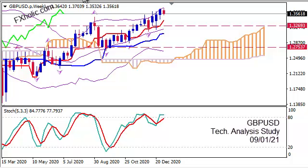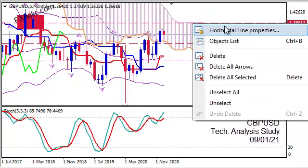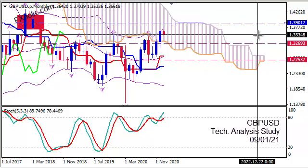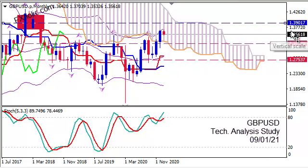So now I will give the next levels if the price wants and has the strength to continue higher, breaching this level of resistance on the left. So first it will approach the top of the bearish Kumo on monthly, at 1.3901, going 340 pips higher,